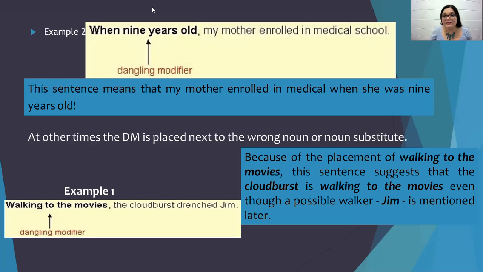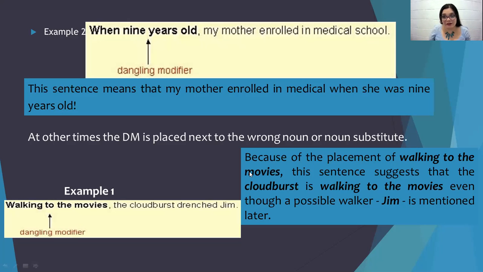You can see here another example. "When 9 years old, my mother enrolled in medical school." This sentence means that my mother enrolled in medical school when she was only 9 years old. She was a genius, or my sentence is wrong. At other times, the dangling modifier is placed next to the wrong word, or the wrong noun or the noun substitute